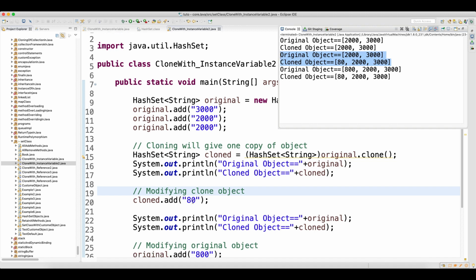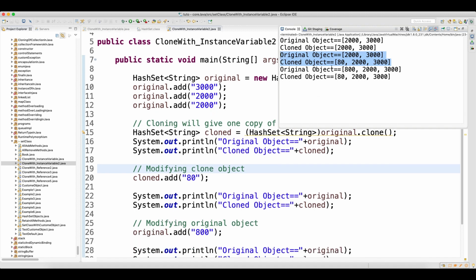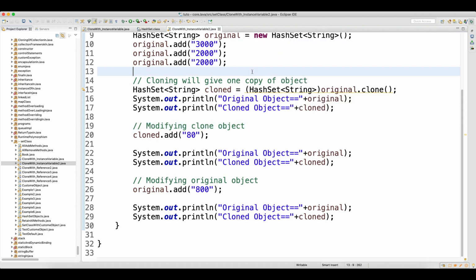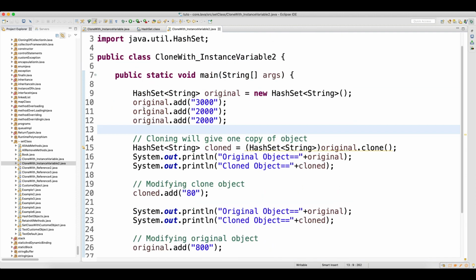Once you modify the clone, the clone gets changed and the original object has no change. Then you modify the original, so your original got modified with 800, and the clone keeps whatever you modified earlier, 80, 2000, 3000, so you have the same output. This is the same example; I just wanted to cover two instance variables.